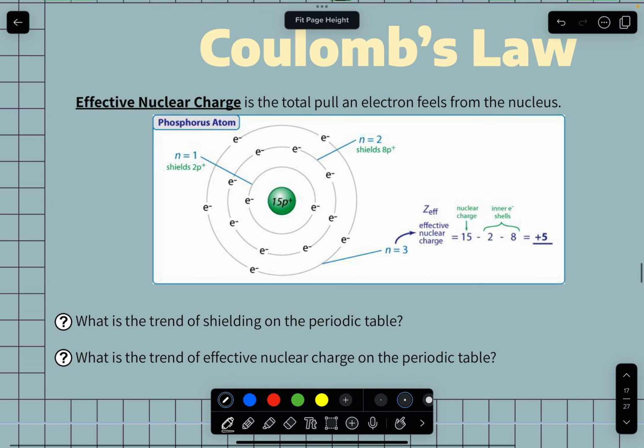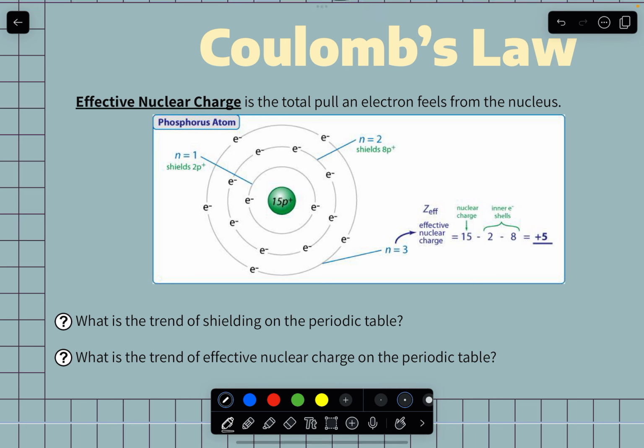And then the third part of Coulomb's law is effective nuclear charge. This one you may have to do math with on tests, so make sure you know this equation. This equation is not on your reference sheet. So this is one of the ones you actually need to know. You need to memorize this. It's the total pull on electrons from the nucleus. Okay, so effective nuclear charge, the equation is right here. It's Zeff is the effective nuclear charge. Z is normally charge, so the eff is effective. Effective nuclear charge is equal to the nuclear charge,